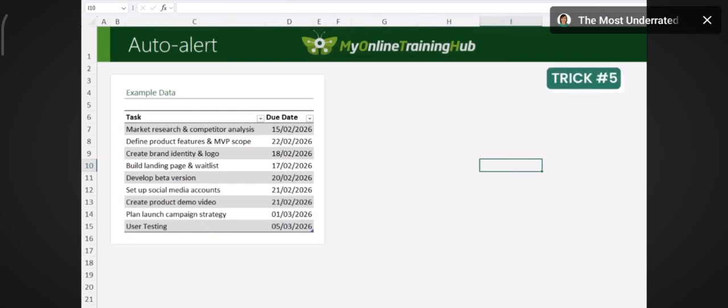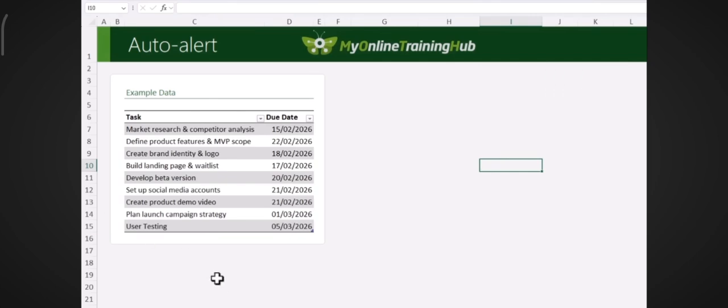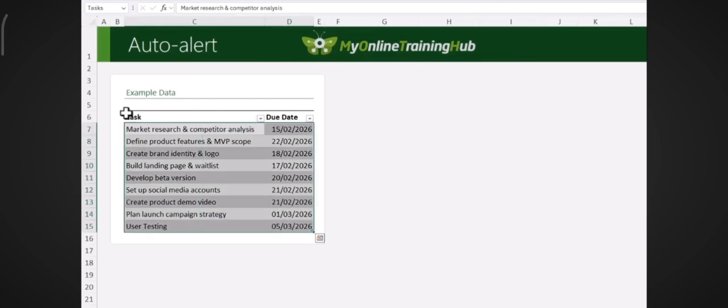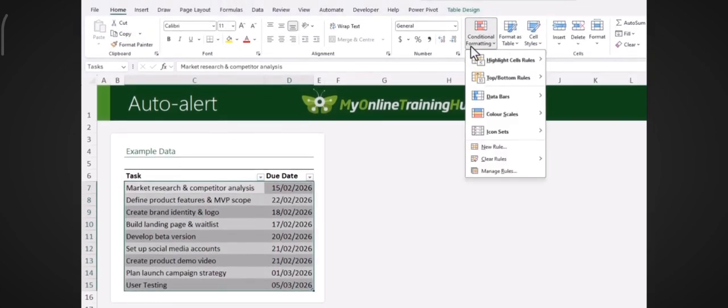Here's another simple automation that makes your data feel alive. Instead of manually scanning your sheet to see what's due today or find what needs your attention, you can let Excel highlight it automatically. Here we have due dates, and I want to highlight the tasks that are either due or overdue. So I'm going to select the rows in the table, and then on the Home tab, Conditional Formatting,